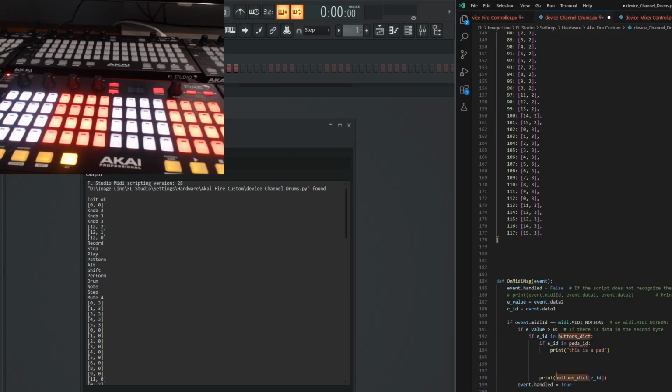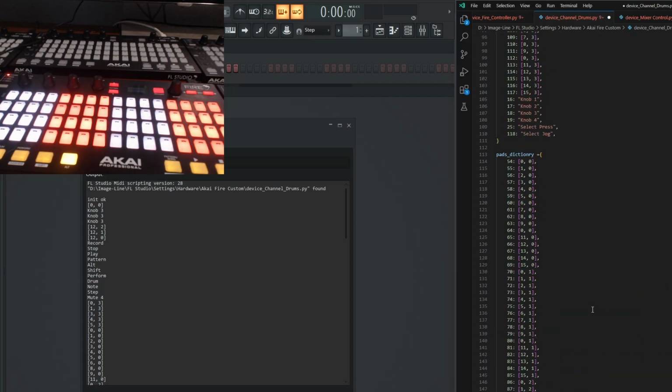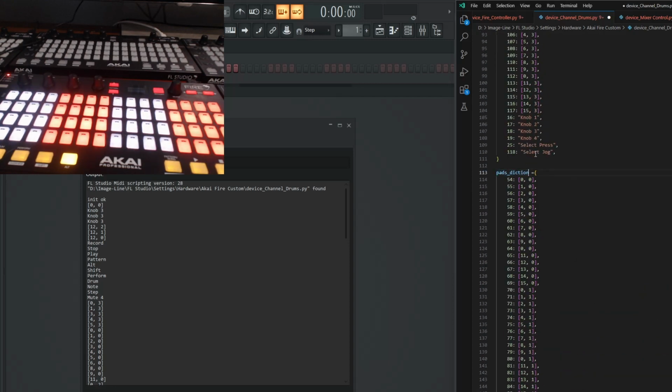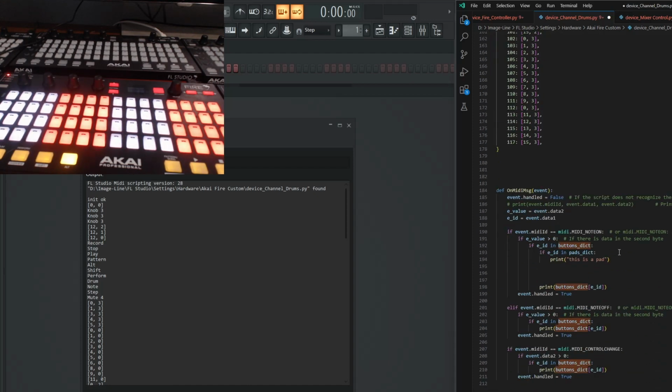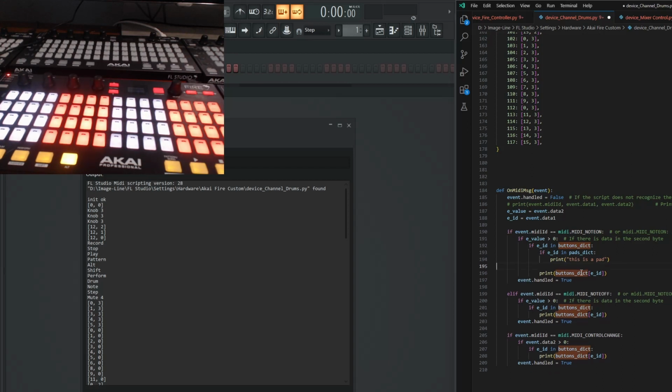I'm going to call this pads dictionary. Actually, I'll just use dict, to keep things from getting too long, and I'll learn how to spell dictionary correctly one day. So if I click save, it should print. If I hit a pad, it should now print